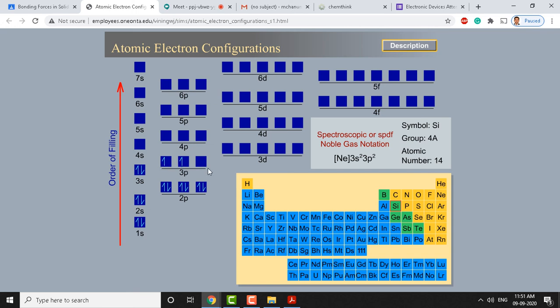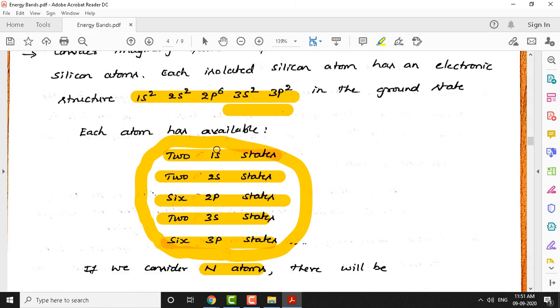Even while writing these spins, you should be careful. You should place one kind of spin first, then place the opposite kind of spin. Otherwise, the spin representation becomes wrong. Here I have placed one spin upward, a positive spin, and I cannot place a negative spin here, so I should first complete the positive spin in all the x, y, and z directions. Then only I can choose negative spin. This arrow mark indicates a spin. I hope it is clear to you.